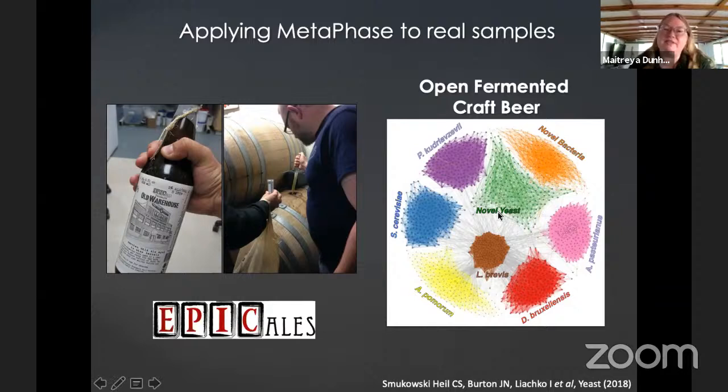What we were really excited to see was this cluster here. And this was a yeast that we weren't sure what it was. And we initially got really confused by it because when we tried to do the mapping of the reads here, only half of them mapped to the database. And we were like, what is going on here? It's either something really diverse or something else is going on.